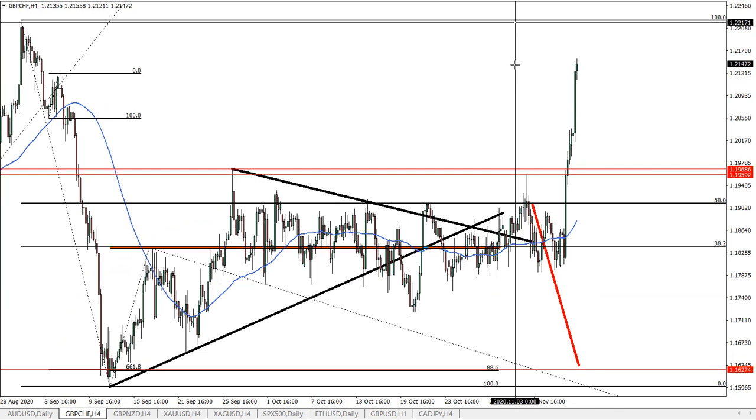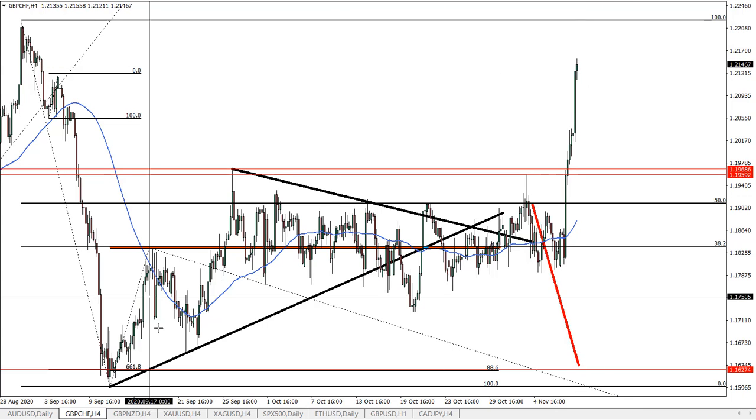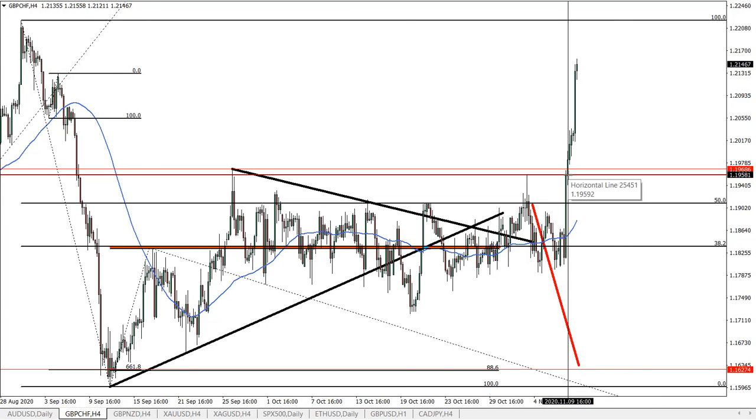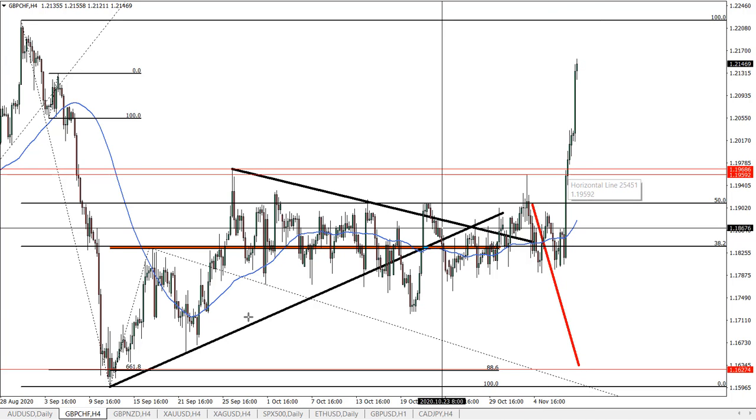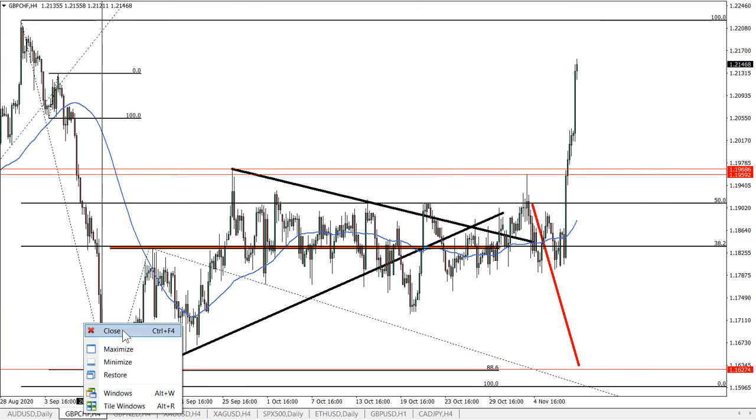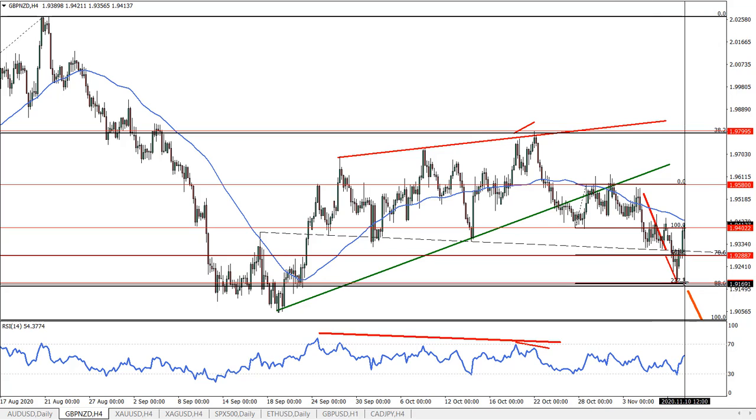Canadian Swiss franc obviously got invalidated. Maybe we'll go higher, I don't know, but we did break above the key resistance here, so price went up, closing the chart. Pound New Zealand dollar, we have reached the second support here, so key support has been tested,